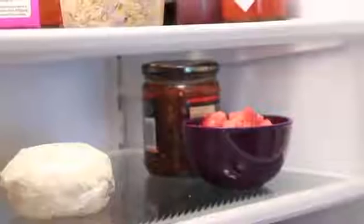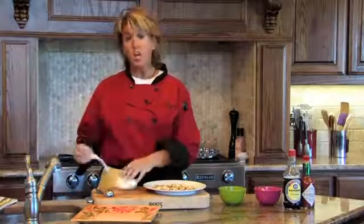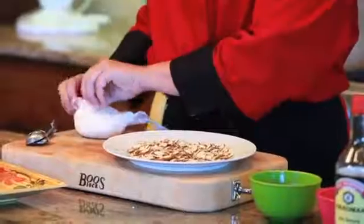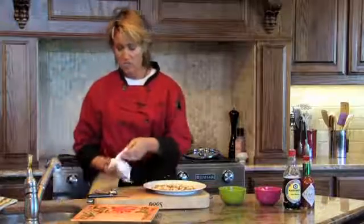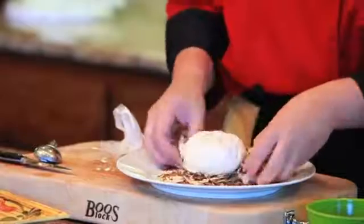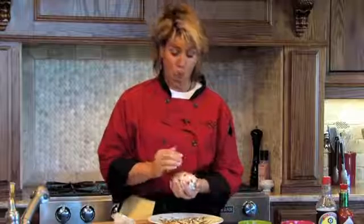Once your cheese ball has chilled, probably about an hour, maybe more, you're going to unwrap it and quickly working, because the heat of your hand will actually warm your cheese ball. Take your cheese ball and simply roll it and cover the cheese and the almonds. I recommend that you also place this in the refrigerator once you've got your almonds so that it can get